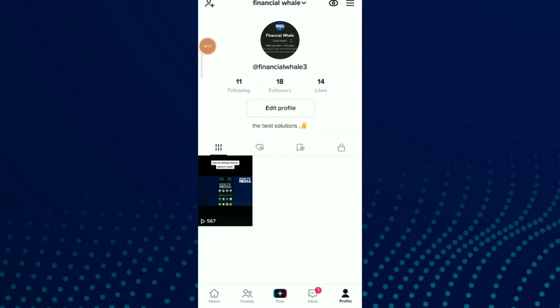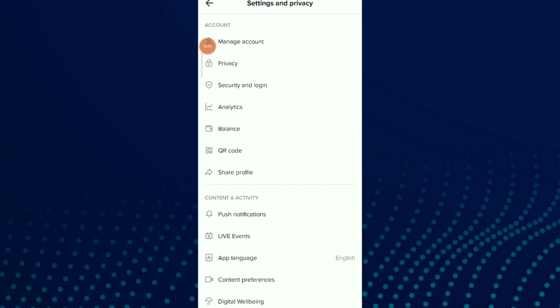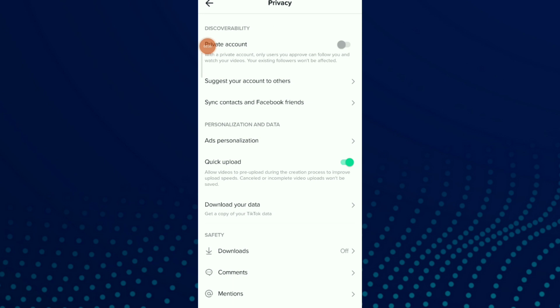Once you are there, go to your profile and now click on those three lines up there and click on Settings and privacy. And here you can find the second option, which is Privacy. Click on it. The first option, which is Private account, you can turn on this option, but you should know